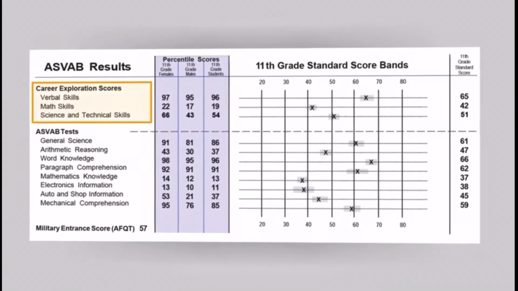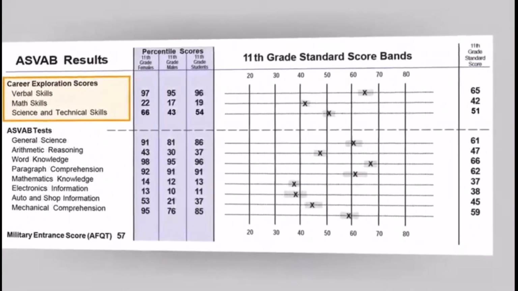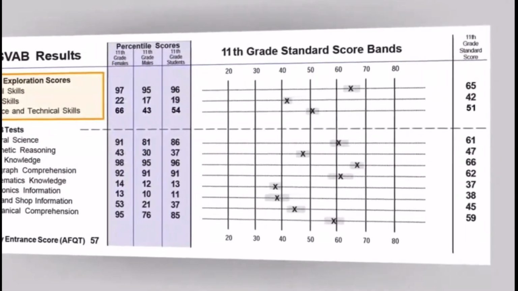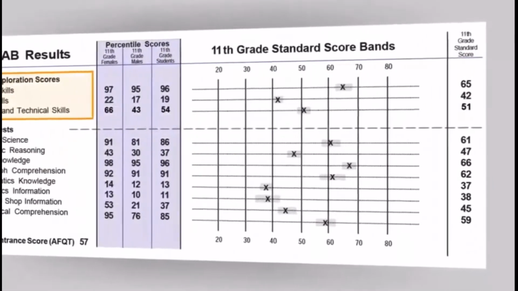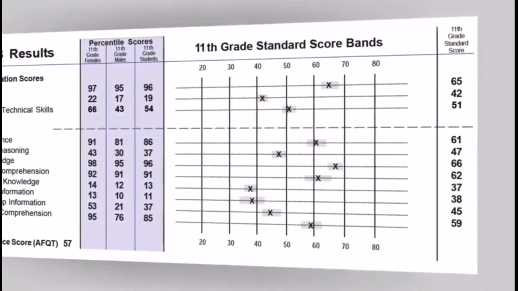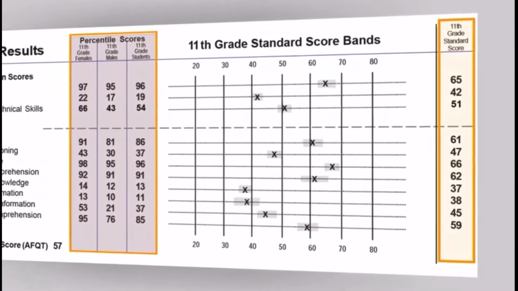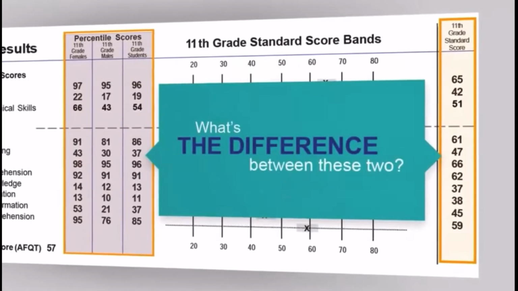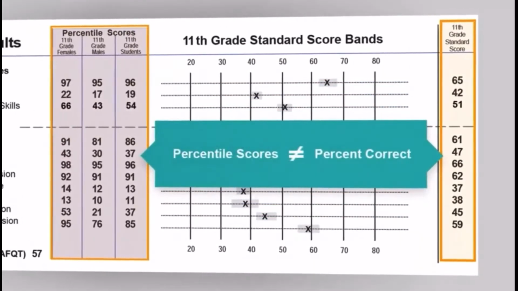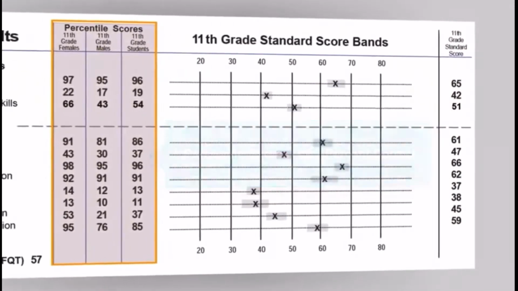We'll look at the career exploration scores first. Career exploration scores give you an estimate of your verbal, math, and science and technical skills as compared to other students in the same grade. You'll use these scores to explore careers using the AccuFind. Your test scores are displayed as percentile scores and standard scores. You're probably wondering, what's the difference between these two? Percentile scores are not the same as percent correct. Percentile scores show you how well you did in relation to others in your same grade and others of the